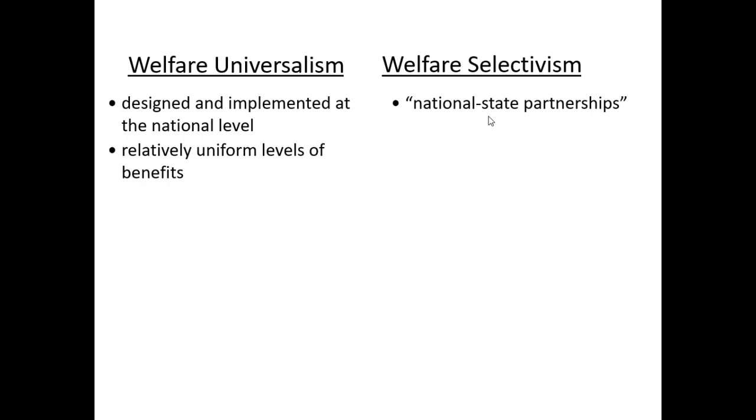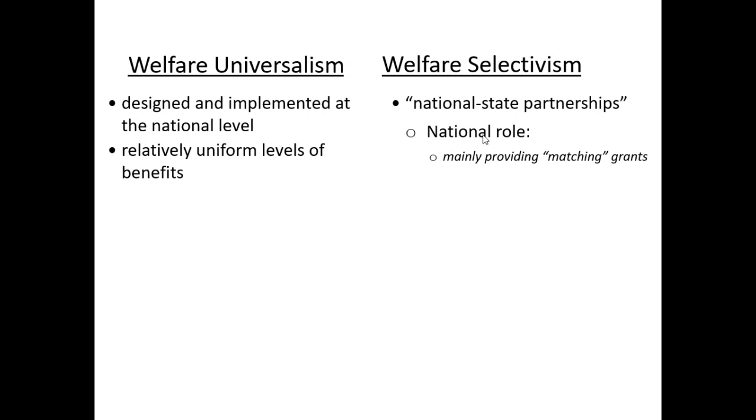So it established Social Security, OASDI, and aid to dependent children, which shortly after became known as aid to families with dependent children. Social Security was established as a program that was designed and implemented at the national level by the Social Security Administration. Aid to families with dependent children was designed as a national state partnership where the national role was limited primarily to providing matching funds. So each of these programs that we're talking about,